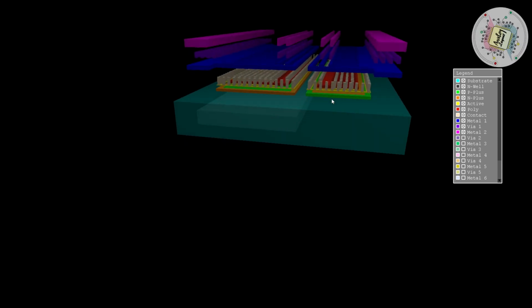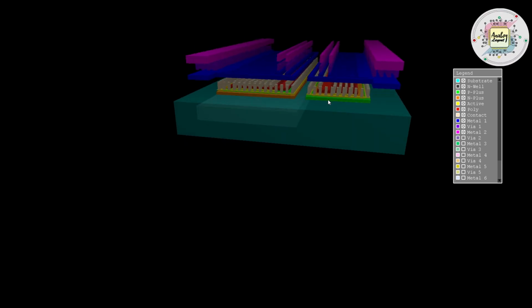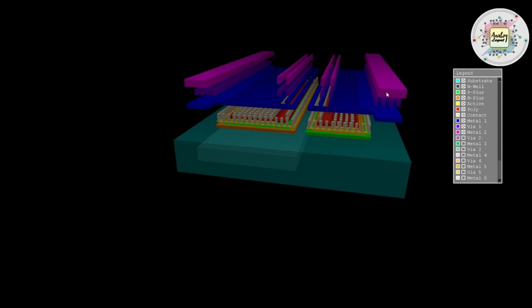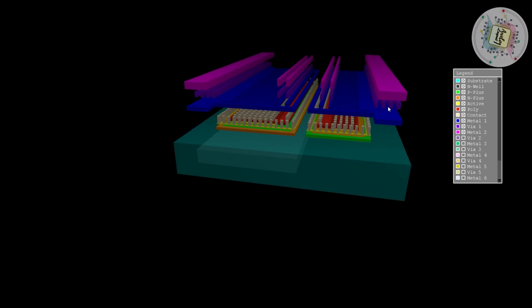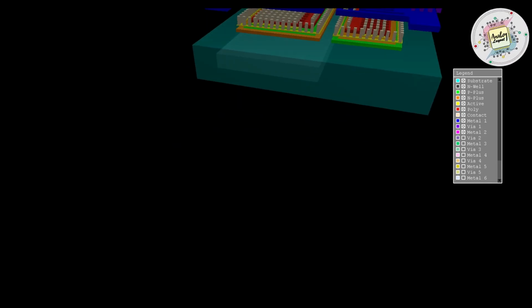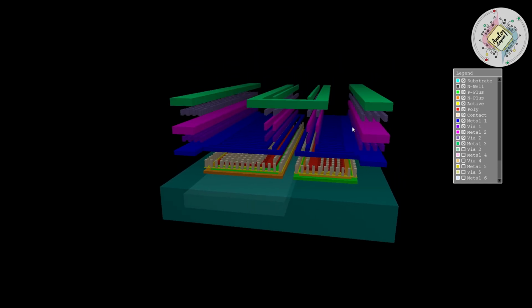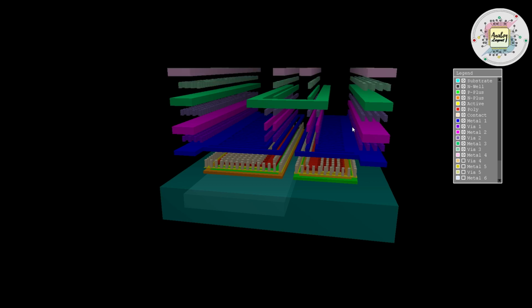So after fabrication of our M1 metal, I am going to fabricate my M2 contact. After fabrication of this M2 contact, I am going to fabricate my M2 metal. After fabrication of this M2 metal, I am going to fabricate my M3. So on, I'll keep on fabricating the metals up to whatever limits I have. But the base level formation is the structure we have discussed here.